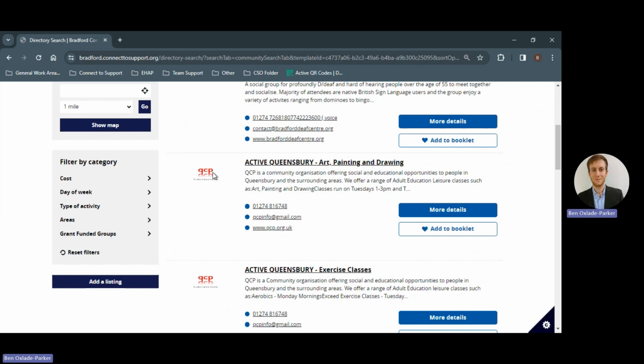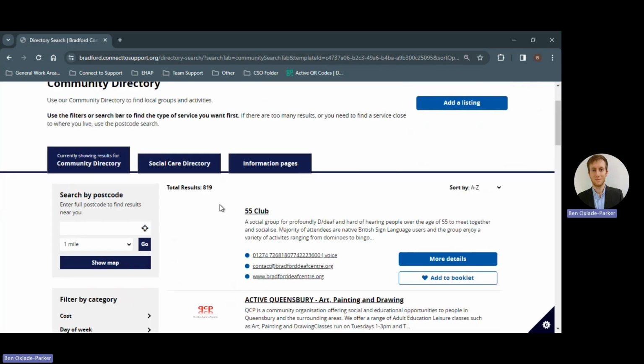So the last option is to search via your postcode. Now, please note that we do not store any information that you put in this postcode search. So you are more than welcome to use your own postcode in order to search. I will be using the office postcode just to demonstrate how this system works. And I want to search within 3 miles. So if you click go,